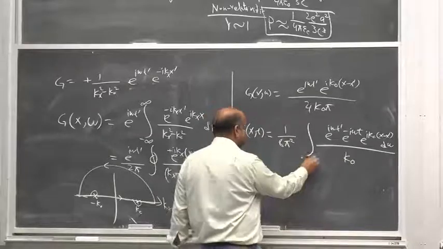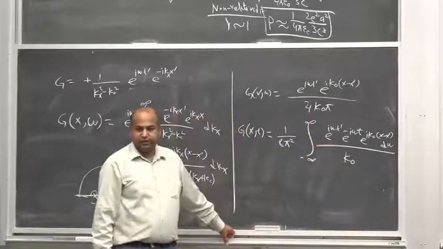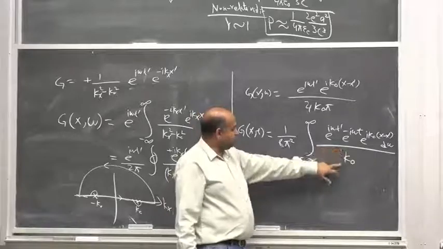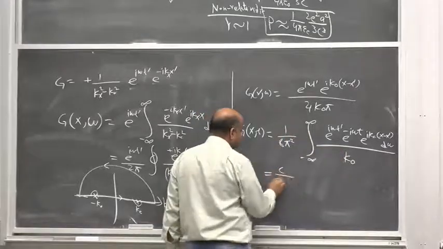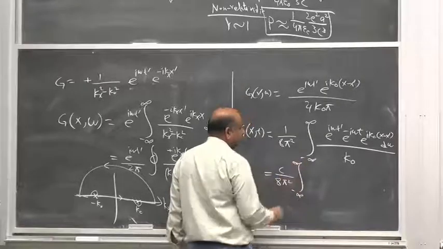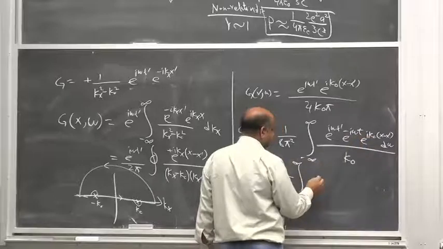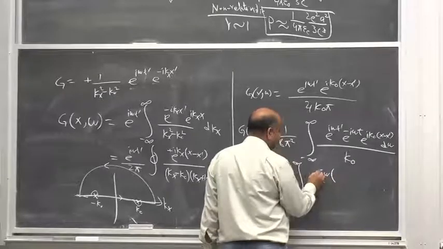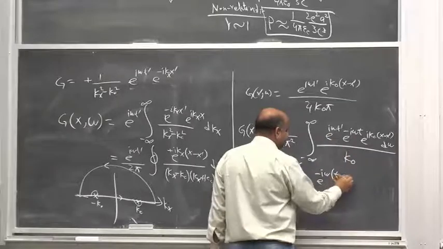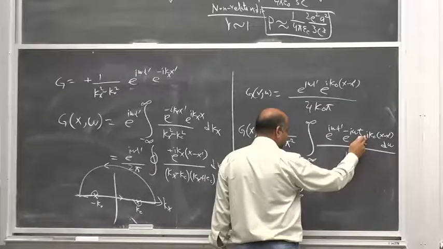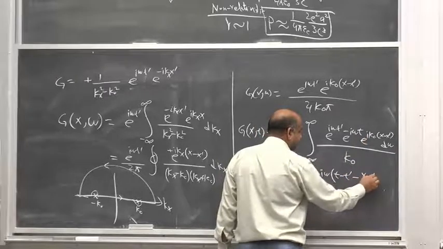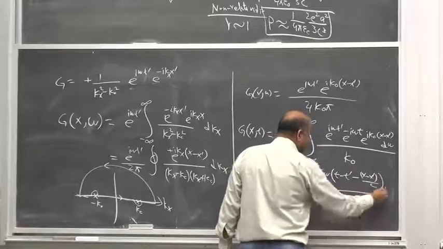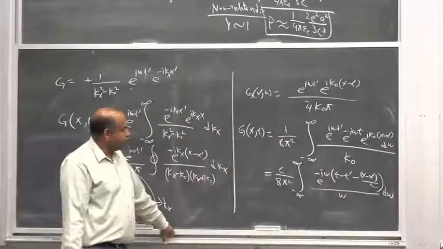अब नोट्स पे और शायद आप में से कुछ लोगों ने भी इस k naught को बाहर ले लिया या इग्नोर कर लिया, but we can do that so this k naught is actually omega over c so let me put omega over c here, c ऊपर आ जाएगा इसको मैं बाहर निकाल देता हूँ और ये ऊपर बन जाएगा, इधर भी ओमेगा ओवर c पुट कर दो, एक्सपोनेंशियल आयोटा ओमेगा प्लस को माइनस साइन है सो t माइनस t प्राइम और प्लस माइनस x माइनस x प्राइम over c, divided by omega. ये इंटीग्रल है तो सॉल्व